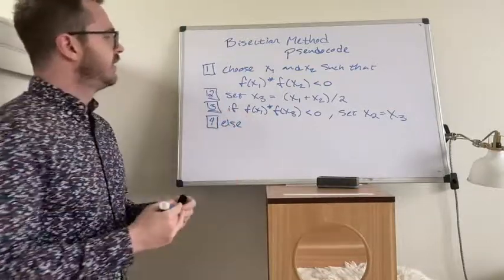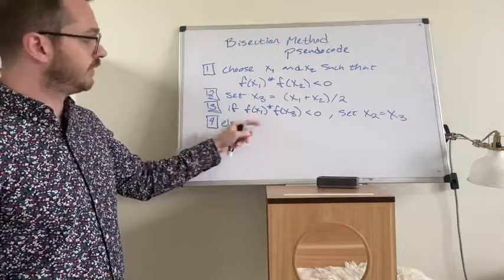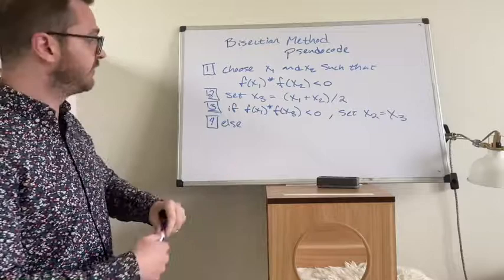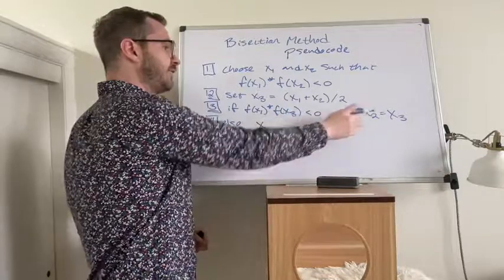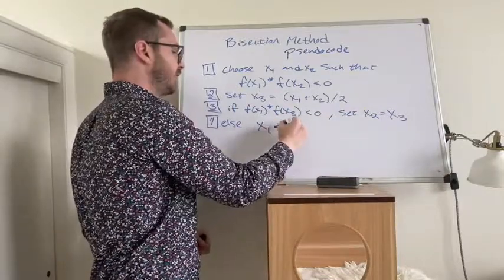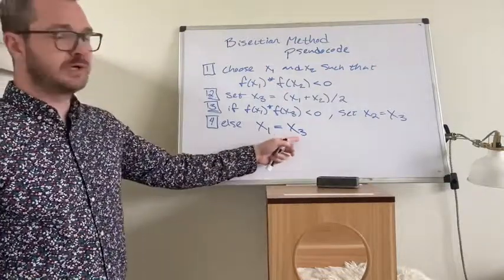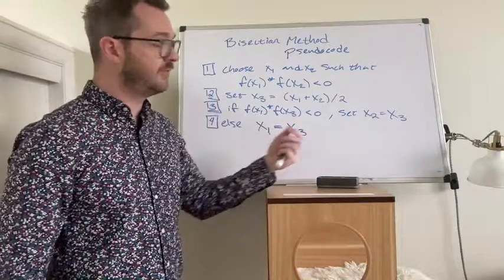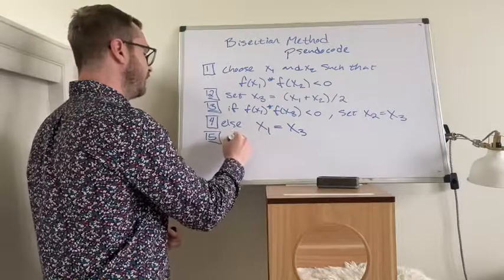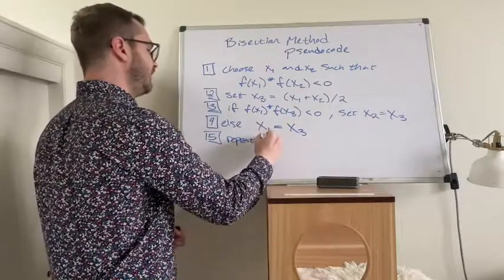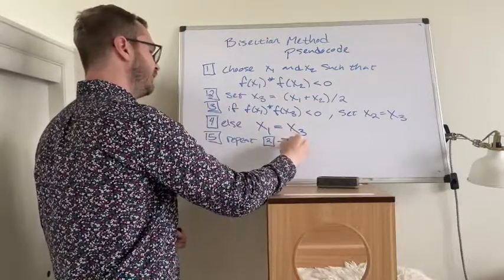Else. Now, if this fails, that means that the root is not on that first interval. It means it's in the second. So the second interval needs to go from this x3 up to x2. So what we're going to do is overwrite x1. Otherwise, you set x1 equal to x3, and this moves you up to the second half of the interval. And then 5, now we just repeat steps 2 through 4